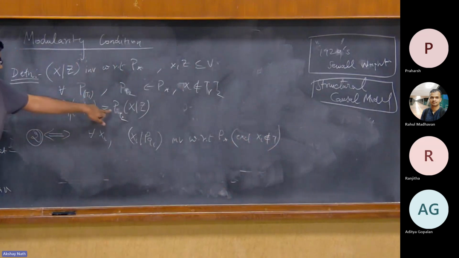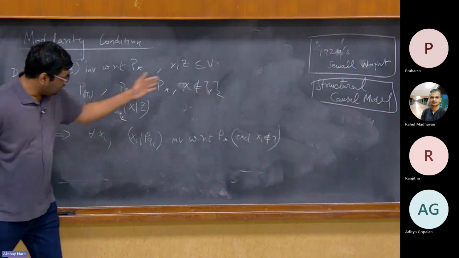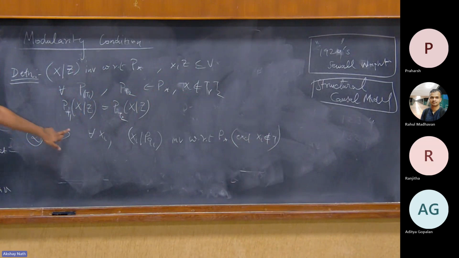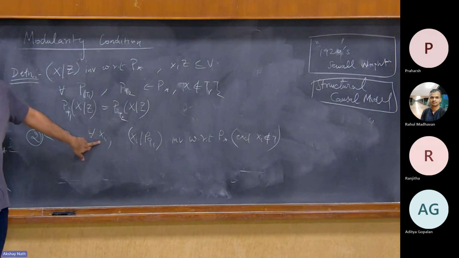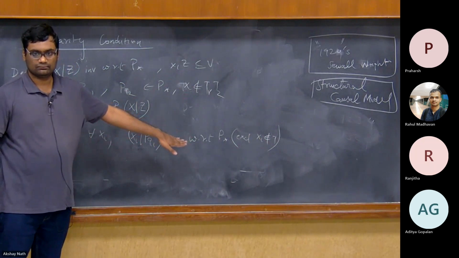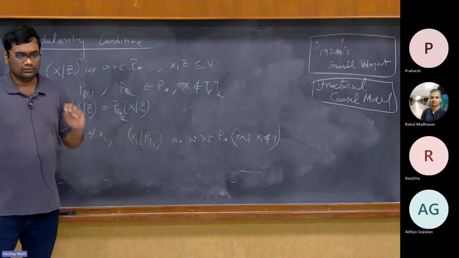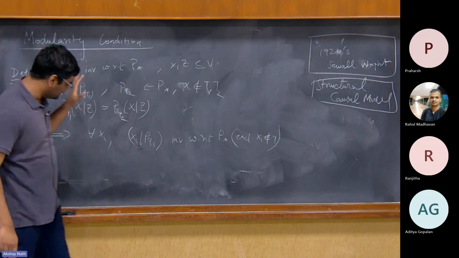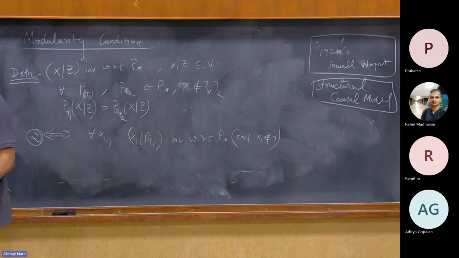By the way, when I have equality between any two pairs over all distributions, it's just equality everywhere. So it's literally the same conditional distribution. So what we are saying is for every xi, this is invariant with respect to P star. You can think a little bit about it. You can actually show that these are the only things that are invariant with respect to P. Nothing else exists.